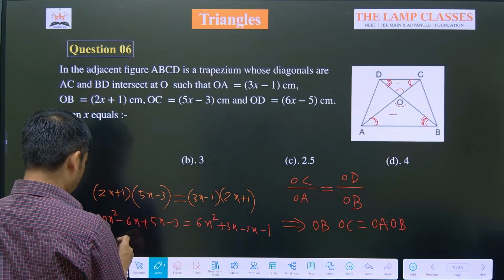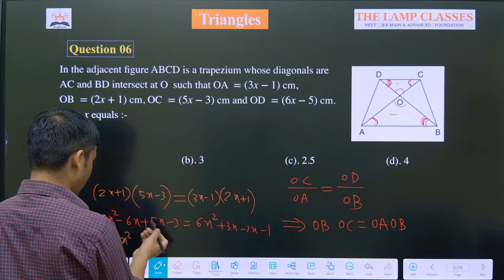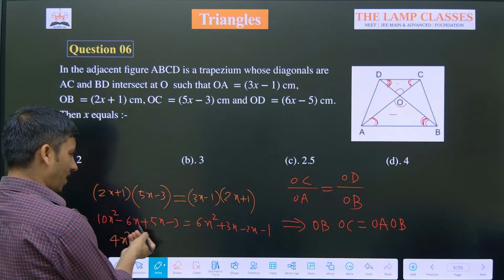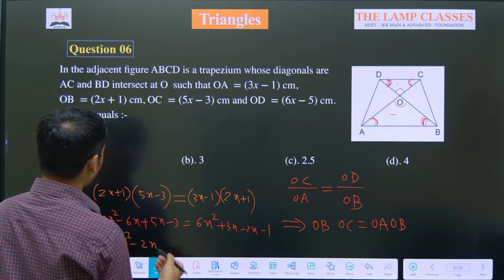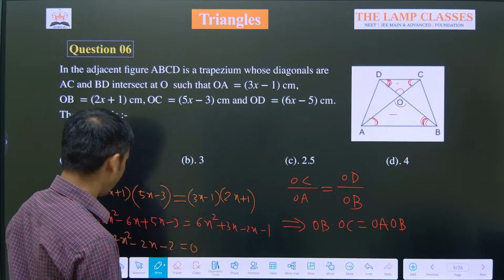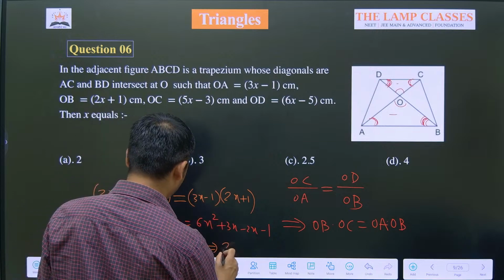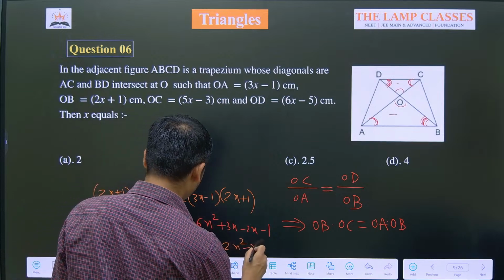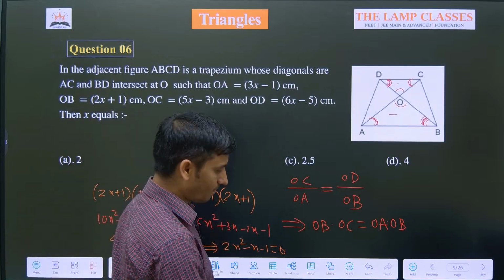Bring all of them to one side. So 10 minus 4, 6x square. We are getting here minus x, so minus 2x. And when we bring that to the left side, we get minus 2 is equal to 0. Check the calculation. So when we divide by 2 on each side, we get 2x square minus x minus 1 equal to 0. And when we solve this equation,